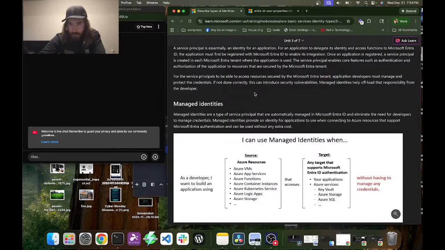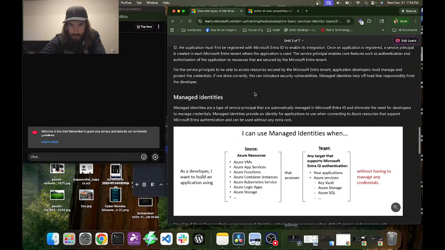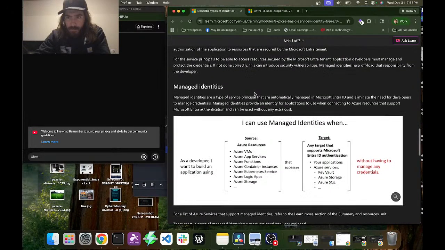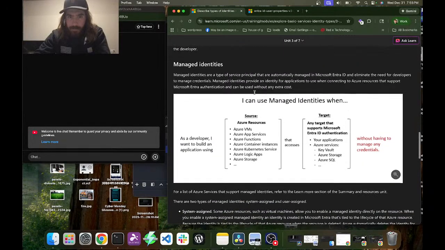The service principal enables core features such as authentication and authorization of the application to resources that are secured by the Microsoft Entra tenant. For the service principals to be able to access resources secured by the Microsoft Entra tenant, application developers must manage and protect the credentials. If not done correctly, this can introduce security vulnerabilities. Managed identities help offload that responsibility from the developer.